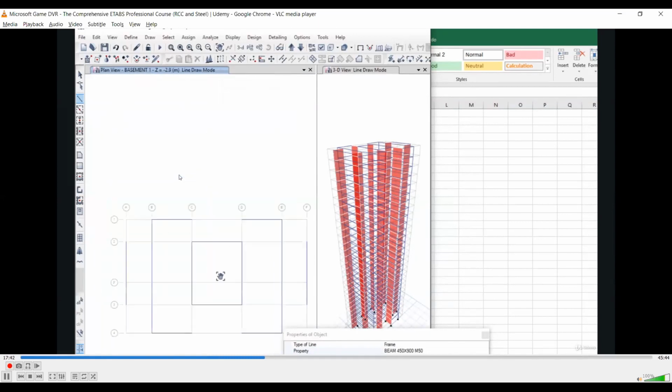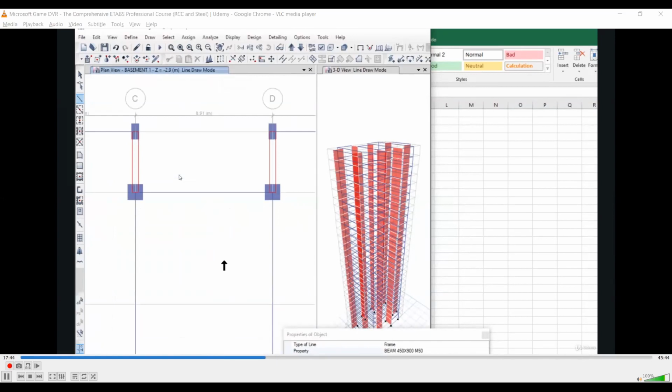So now we have drawn these main beams of 450 to 900 mm size.